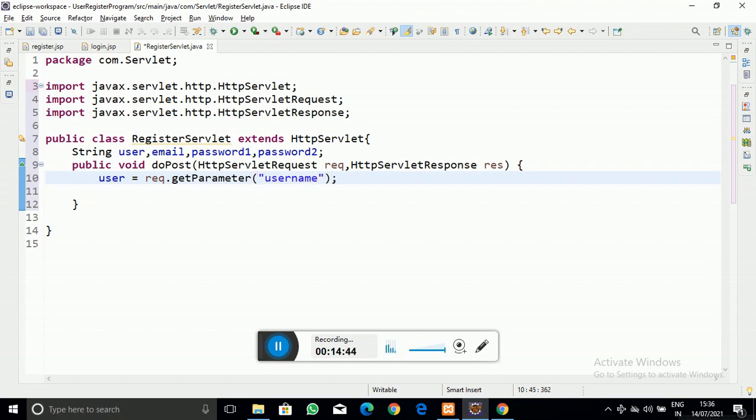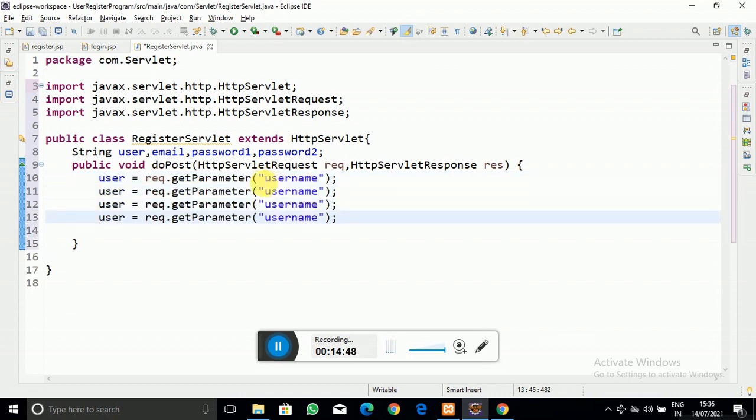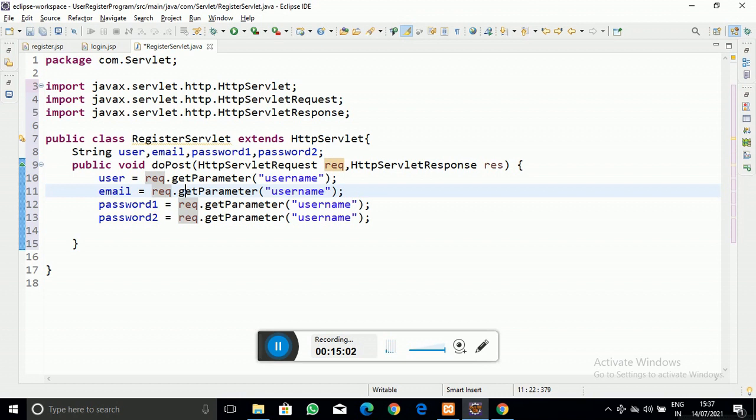Similarly, I am going to accept the email ID and password 1 and password 2 also. I have given the name as email, and in the HTML file I have given the names as pass1 and pass2.